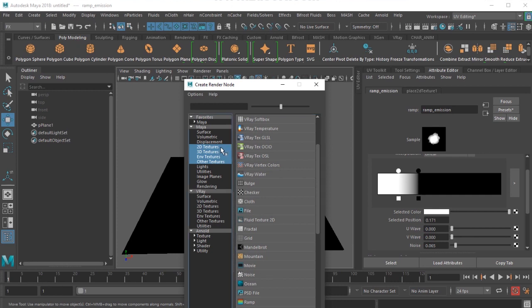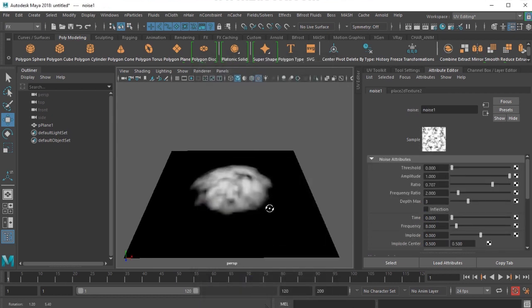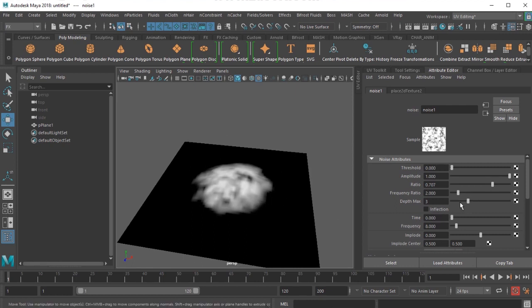apply a 2D texture, either noise or fractal. So I choose noise texture, and you got this.